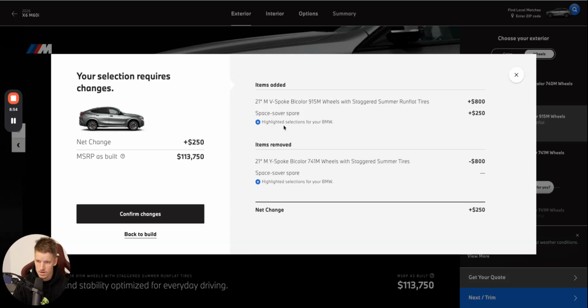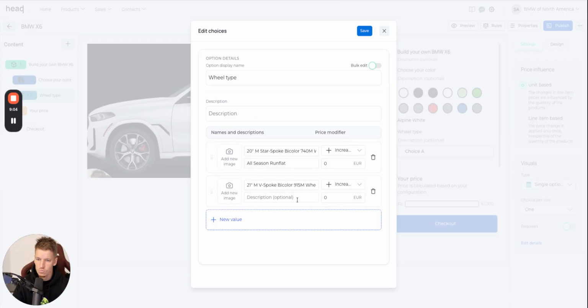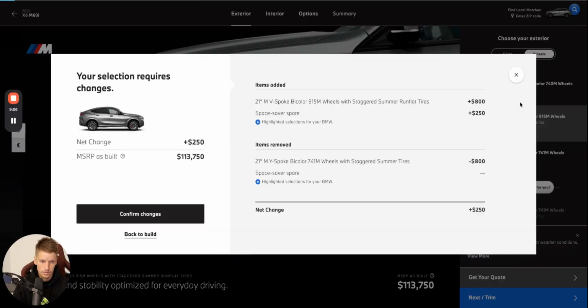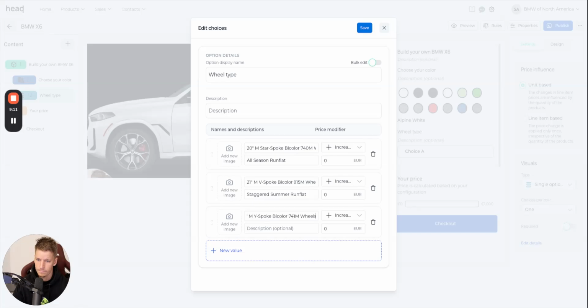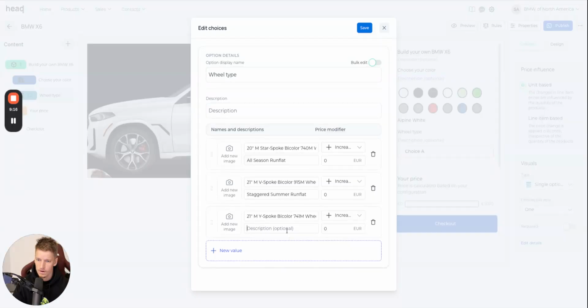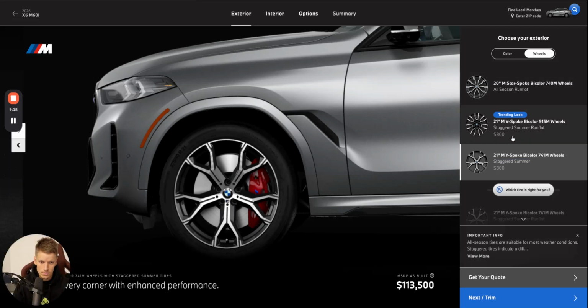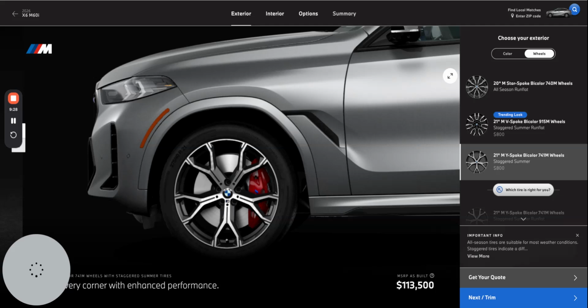Okay, this is actually something I don't like that much. So every time when I click something, it will open up this part, not my favorite one. And then we have the last one. And let's see the pricing. So the first one is included, then the 2 rest ones are 800. So I will be adding here just 800. And then I will be